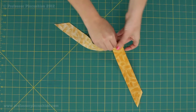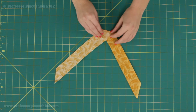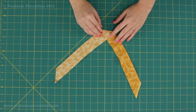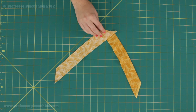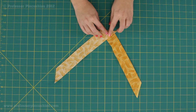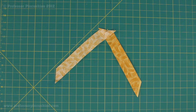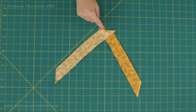And when you do this, your strip should form something that looks like a triangle, such as this. And you'll notice that the points of your corner are going to be sticking out. That is fine. That's exactly what should happen. You're going to take your straight pin and pin your strips together like that, because then what we're going to do is go to the sewing machine and sew a 1/4 inch seam allowance right here at the end, attaching